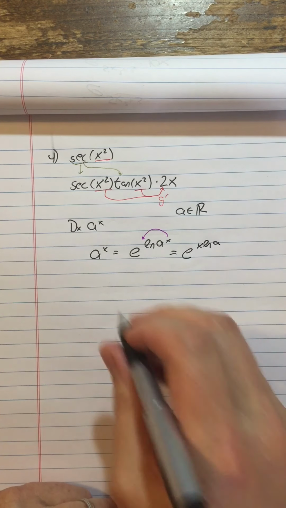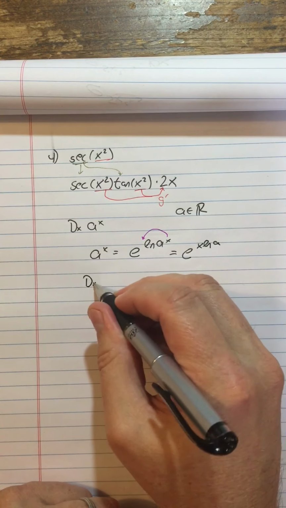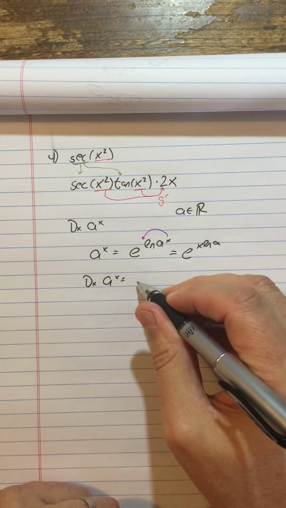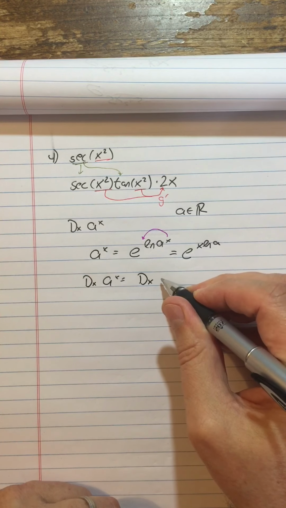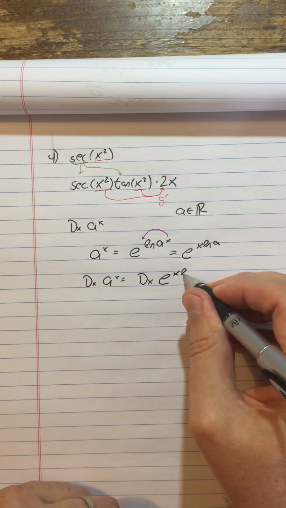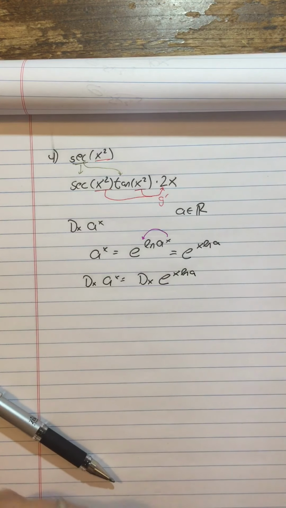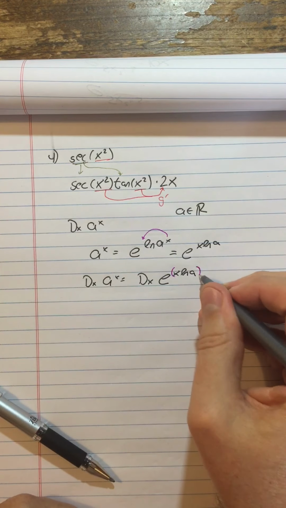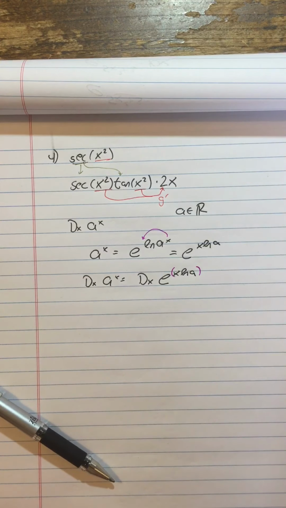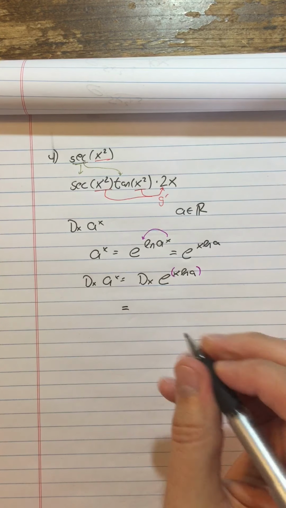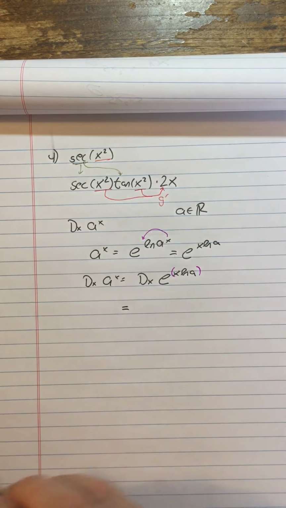So now what I can do for the derivative of a to the x is rewrite it as the derivative of e to the x ln a. And now x ln a is an inside function. So I can get that derivative by taking the derivative of the outside function,